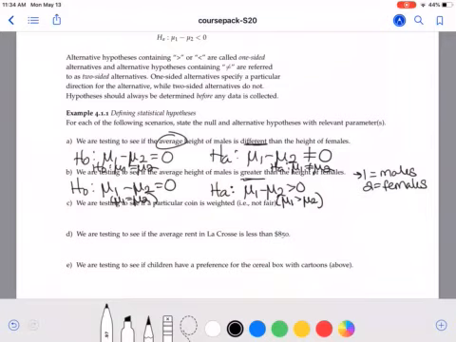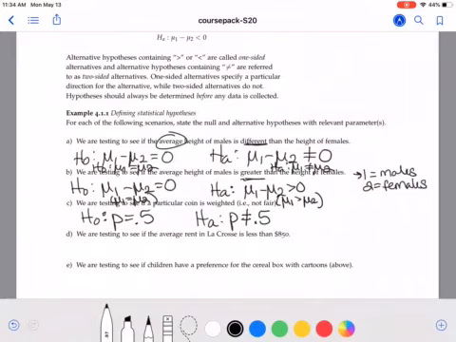And C, we're testing to see if a particular coin is weighted. We would be looking at a proportion, because when we're looking at a coin, we'd look at heads, tails, and what percentage were each. So if the coin is fair and not weighted, we would expect 50-50 for heads, tails, so a proportion of 0.5. And we're trying to see if it's just not fair, so we would look if the proportion is not equal